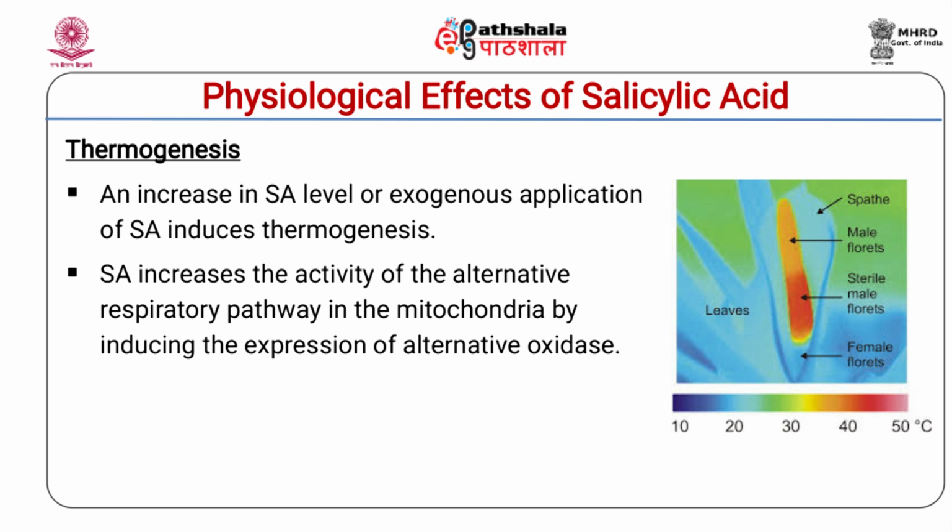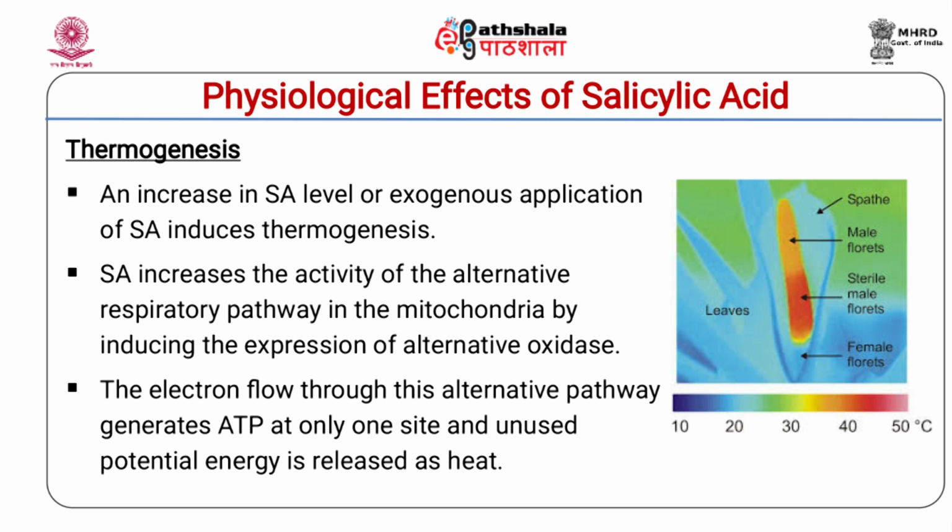Salicylic acid increases the activity of the alternative respiratory pathway in the mitochondria by inducing the expression of alternative oxidase, the terminal electron acceptor of this pathway. The electron flow through this alternative pathway generates ATP at only one site, and unused potential energy is released as